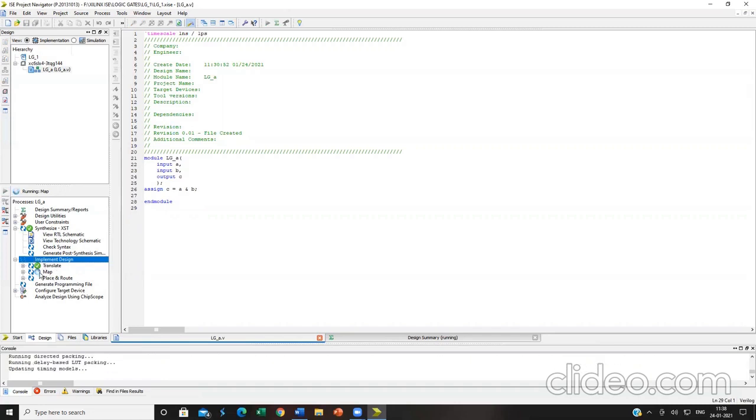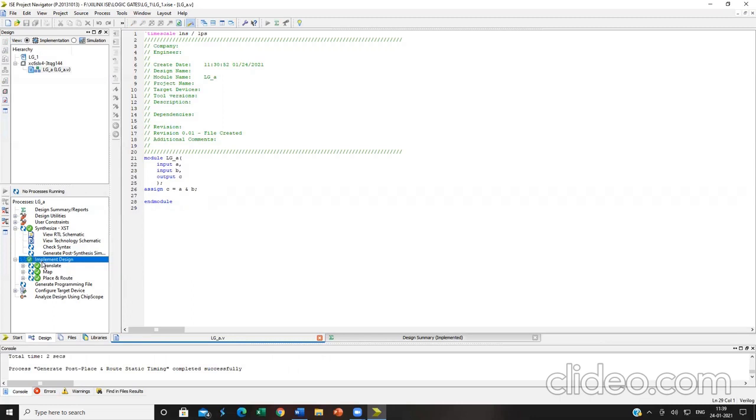All these three must initially come with a tick sign. A green tick means your operation is successful. If it comes with a yellow warning sign, there are some corrections to be made; it is partially correct. Whereas if it comes with a red mark with an X in it, it is wrong. Here all three have a green tick mark, so my program is syntactically correct from the program point of view. Now, I need to check whether this program is functionally correct by means of a test bench.